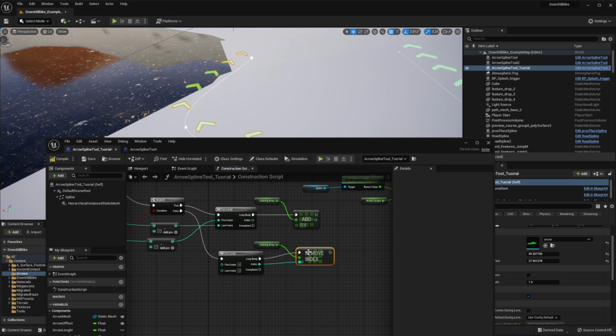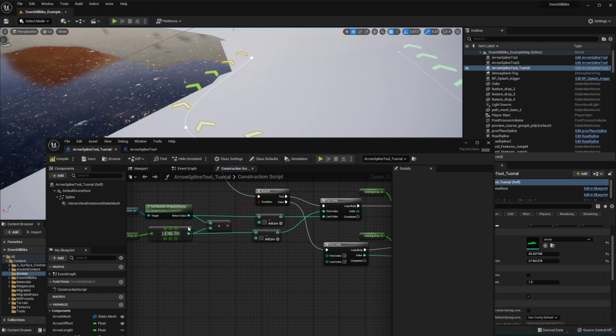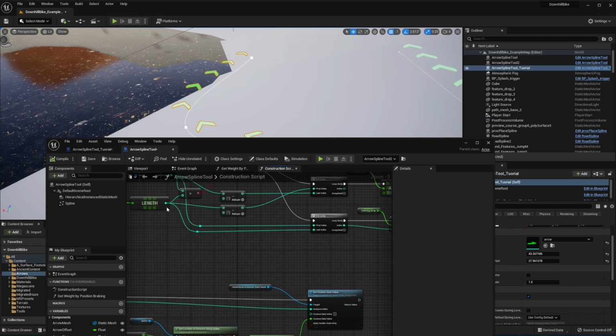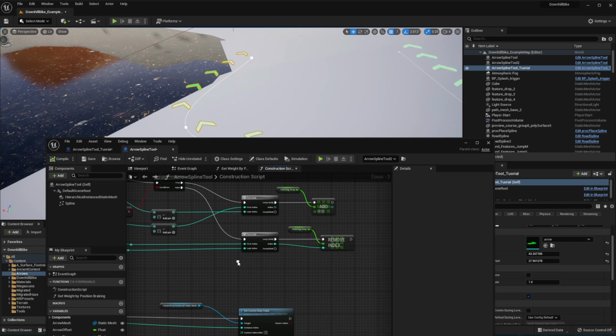The index will be this one, and it will be the opposite. The first index will be the number of the points, and the last index will be the length of our array. As you can see here,